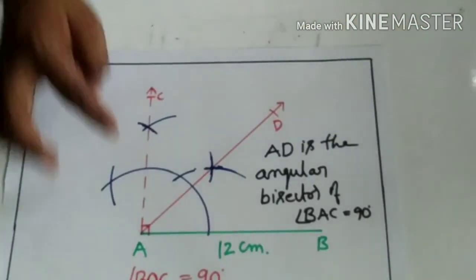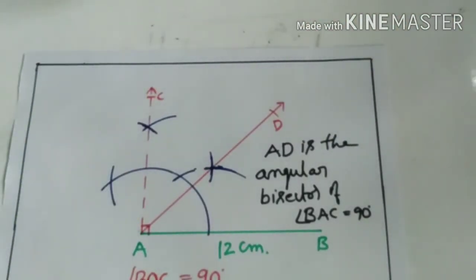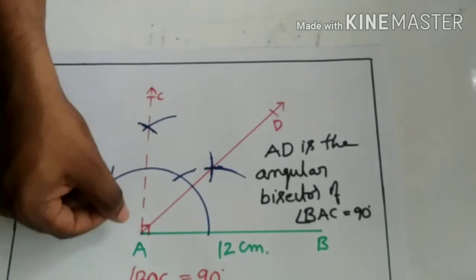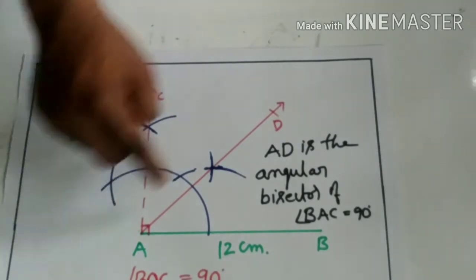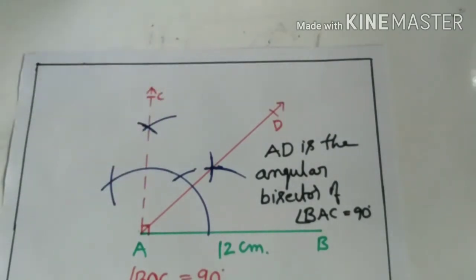Now AC is perpendicular making 90 degrees, which you don't want. In this construction we are doing angle 45 degrees only. That's why that 90 degrees line was taken dotted. AD is the dark line because AD makes a 45 degrees angle to AB.